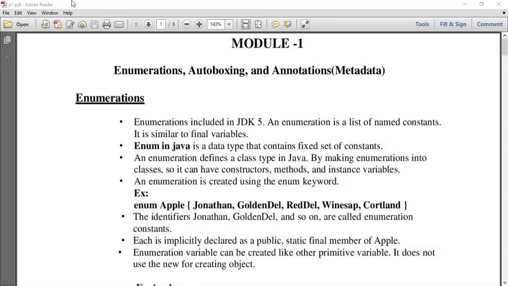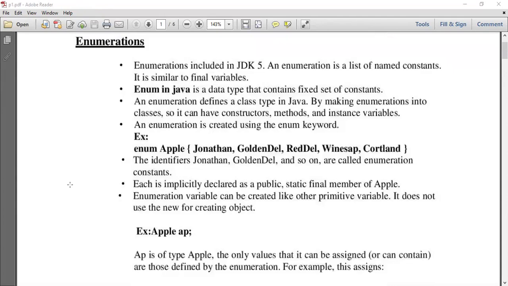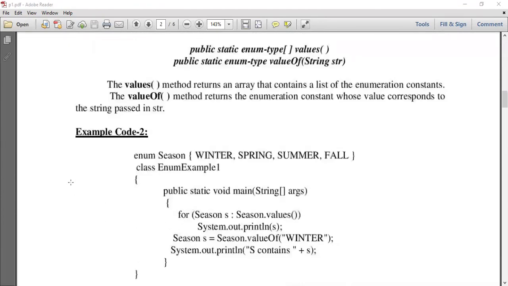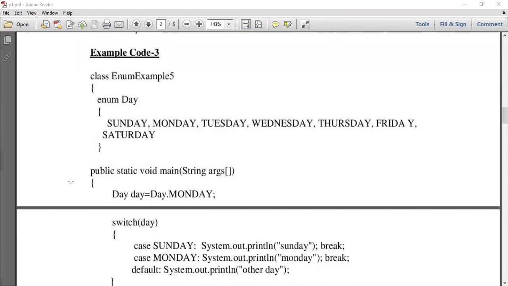Implicitly, enumerations are public, static and final members. Just like the primitive variables, enumeration variables can also be defined. An example of enumeration would be the days. You can look at this particular example.